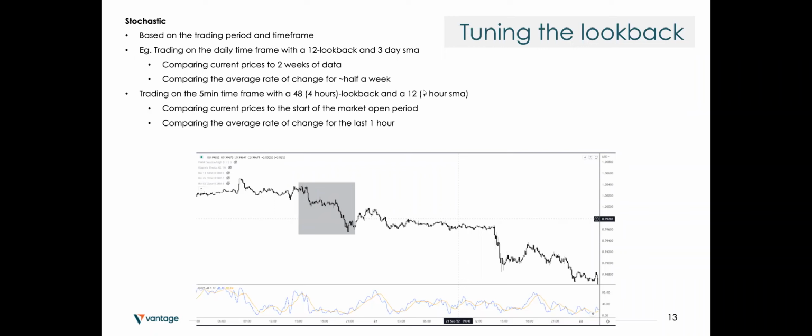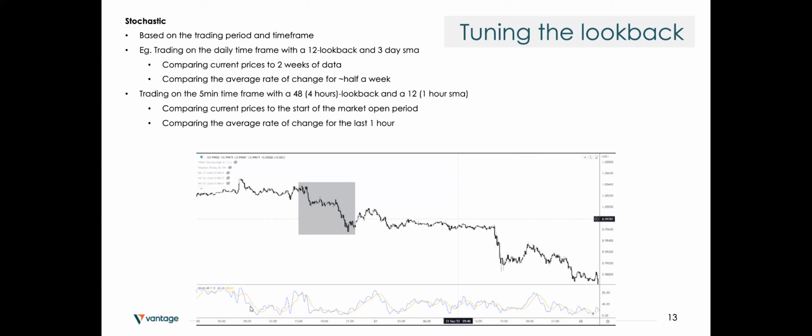The smoothing can be how frequently you want to trade using this oscillator. So for example, if I use a 12 SMA for my stochastic on a 5 minute time frame, it means that for the last 4 hours, I want to look at 4 different trading opportunities, whether it's a buy or sell. And the definition of a buy and sell would be your higher time frame trend. So if I use a 12 period SMA, I will probably have at least 4 different opportunities to trade during this period. Because if you look at the oscillator, it oscillates from 0